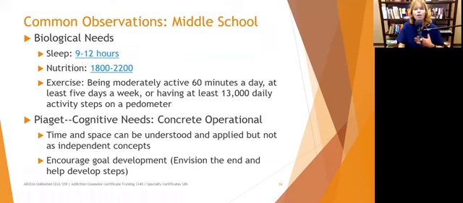At this stage, we want to encourage goal development. So if they want to be on the football team or on the cheerleading squad or whatever it is, all right, envision the end, and then help the child work through it and say, okay, you want to be on this team. Great, that's awesome. So what do you need to do to get there? You need to try out. Okay, what are they going to test you on at tryouts? Okay, so those are the skills. Again, you're doing that activity analysis. So the child is basically working backwards to figure out what they need to do to prepare for the tryouts so they can get on the team.